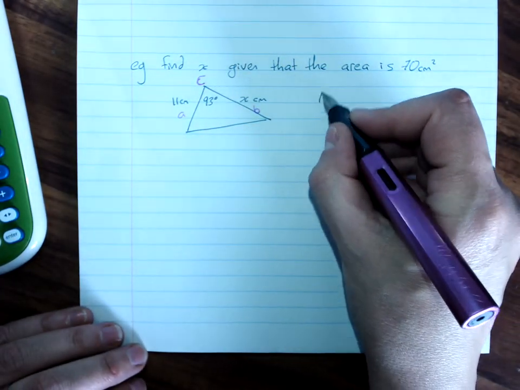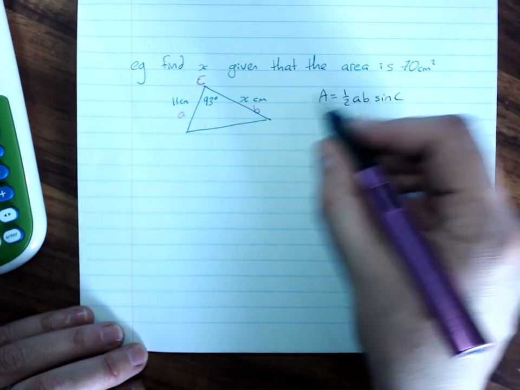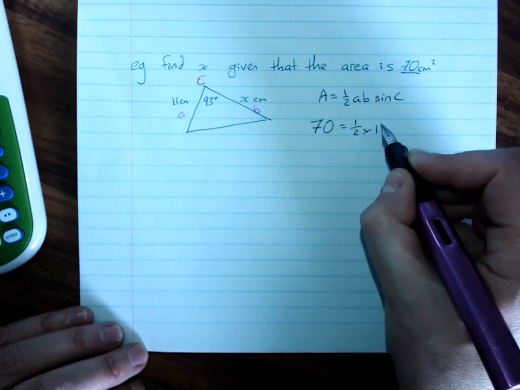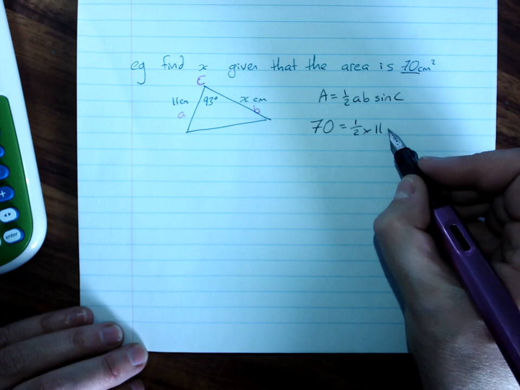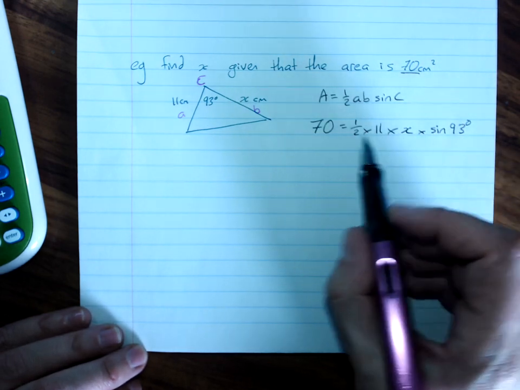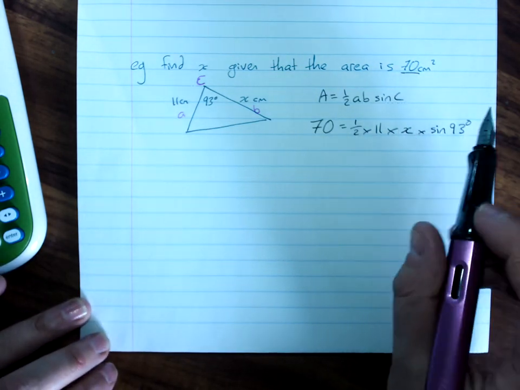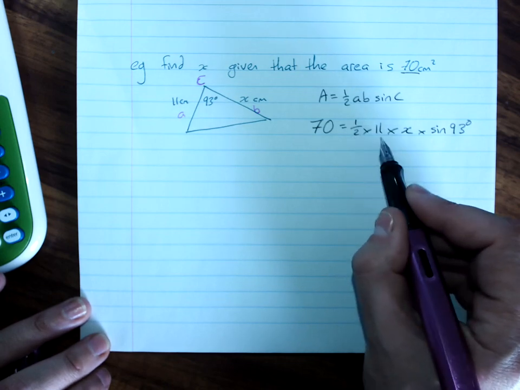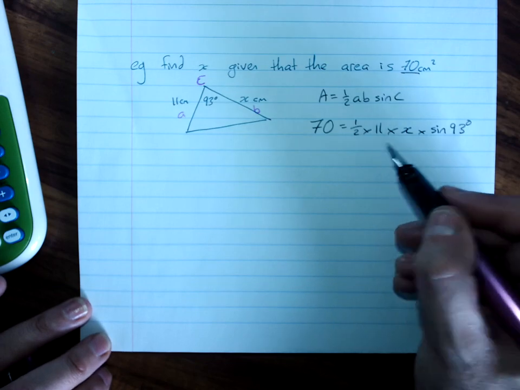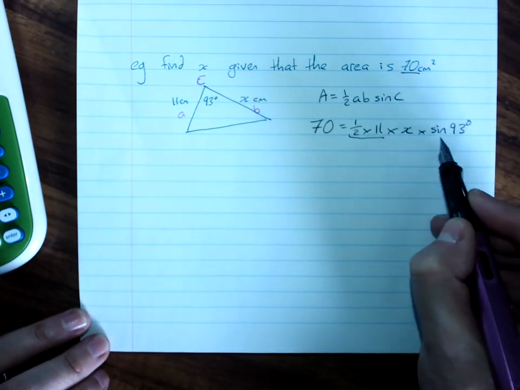Write your formula, substitute in your values, and we happen to know the area this time, so you'll see we're substituting in everything we know, and we've got the x there. Now everything here is multiplied together and then multiplied by x. So we divide both sides by all of that